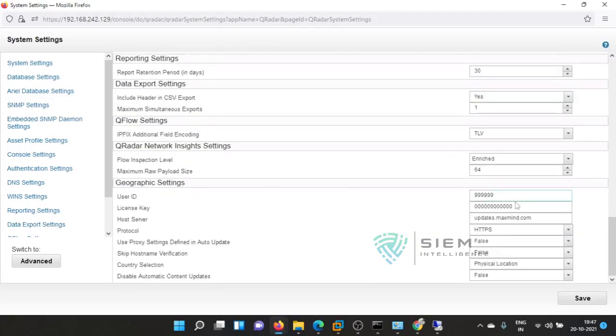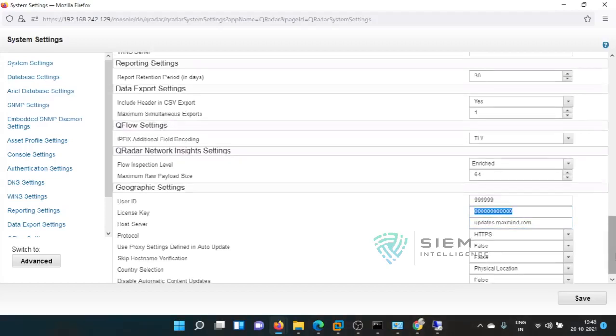Geographic setting: number of user IDs, license keys, host server name. These are geographic settings. Once we touch any IP address, it will show like this. All of these are updated from this particular server, and these are the physical locations and the map related to this. If you have a license key, you can use the host server, and if you have purchased this geographic setting, it will work. Otherwise you need not worry. Okay,